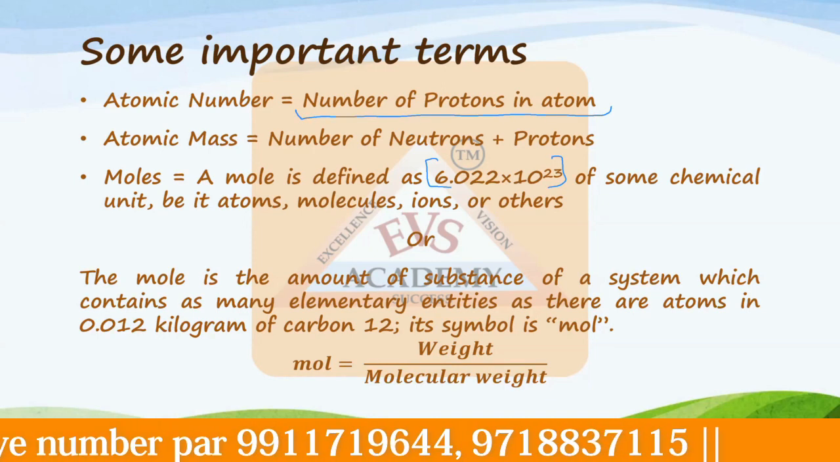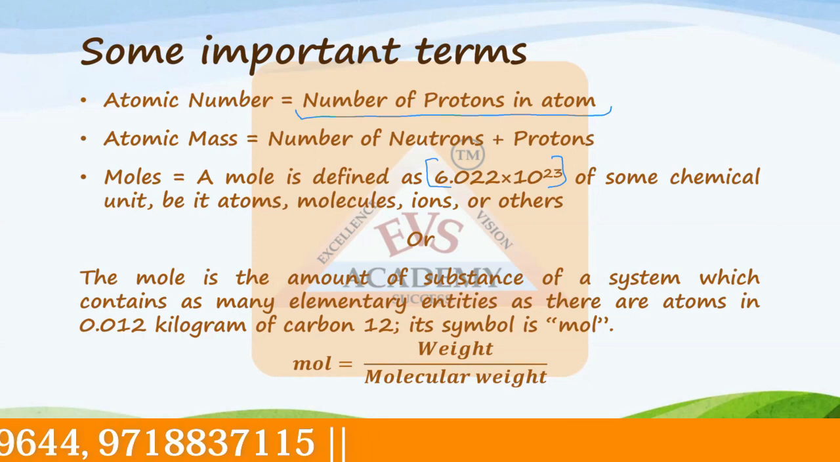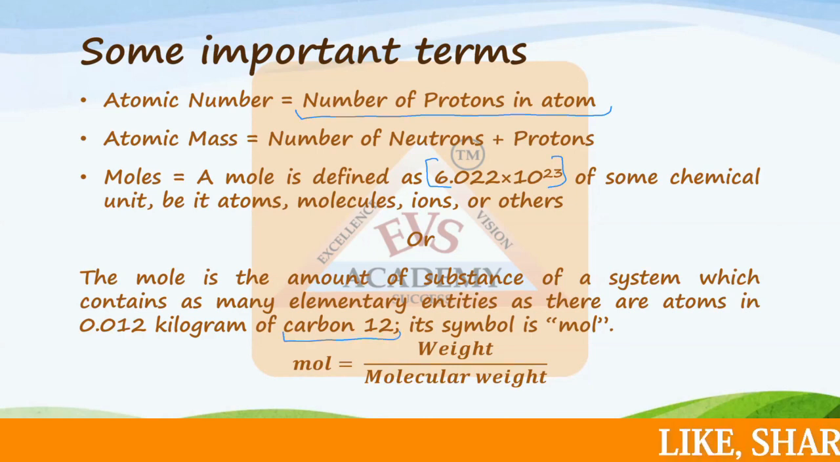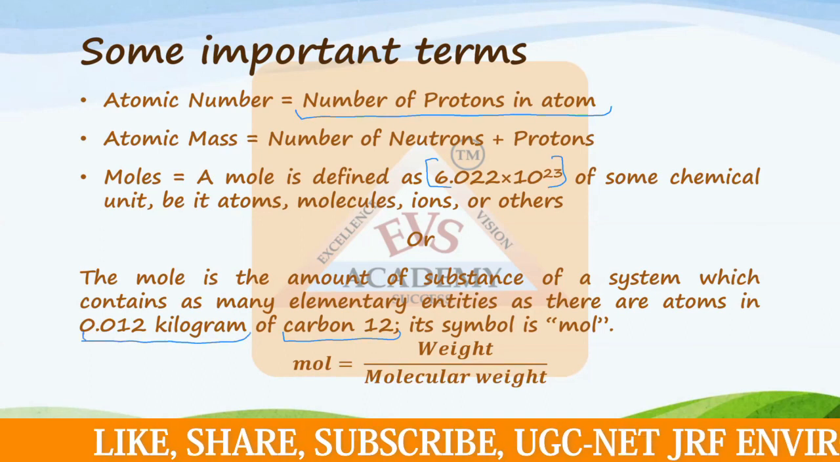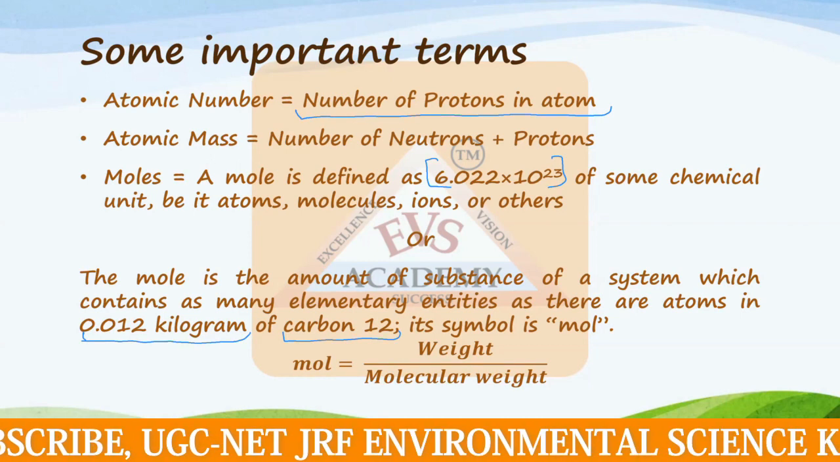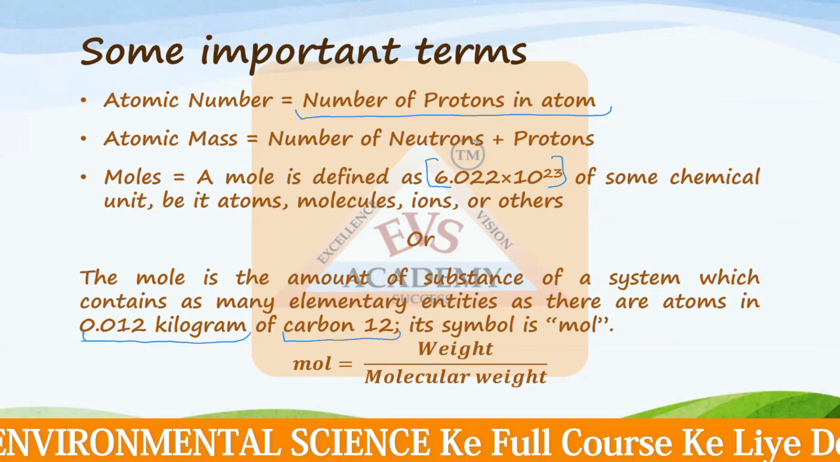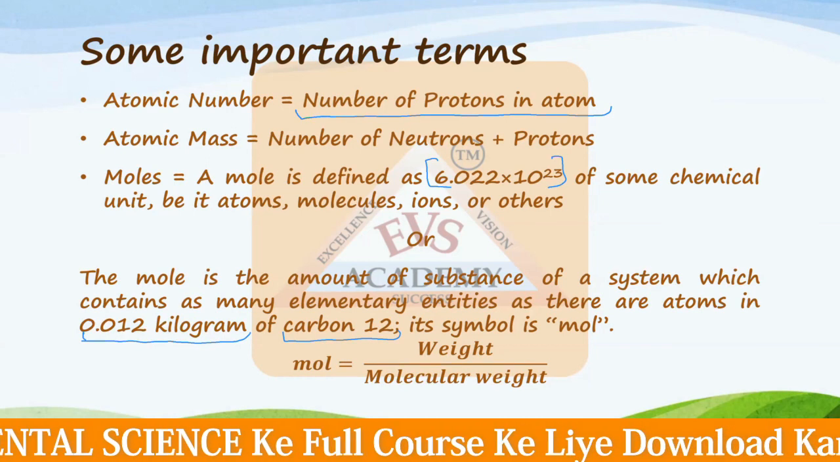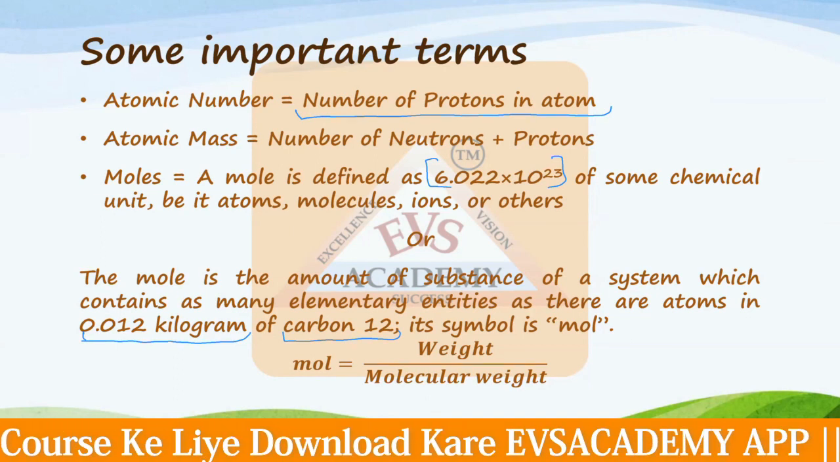But the problem here would be that the atomic mass of that particular element should be known. Like we know that the atomic mass of carbon is 12 gram. So according to that, it is saying 0.012 kilogram, because this is in kilogram, or you can say 12 gram as well. So the meaning of this is that if you take 12 gram of carbon-12, you will have approximately 6.022 × 10^23 atoms present in that 12 gram